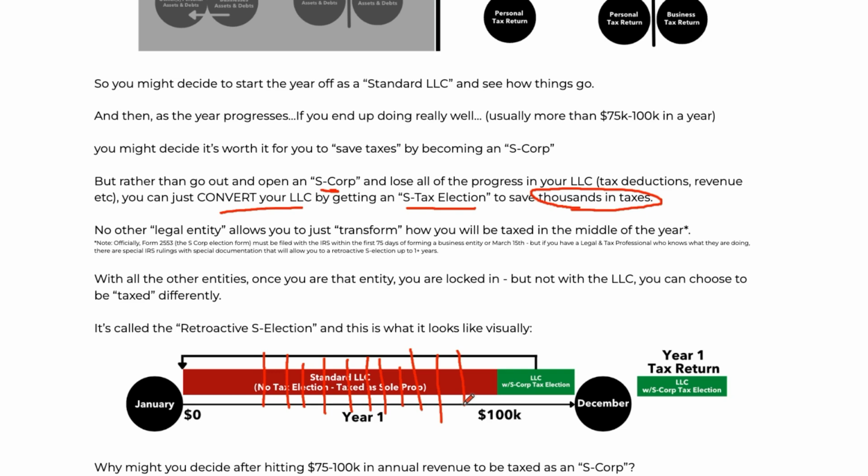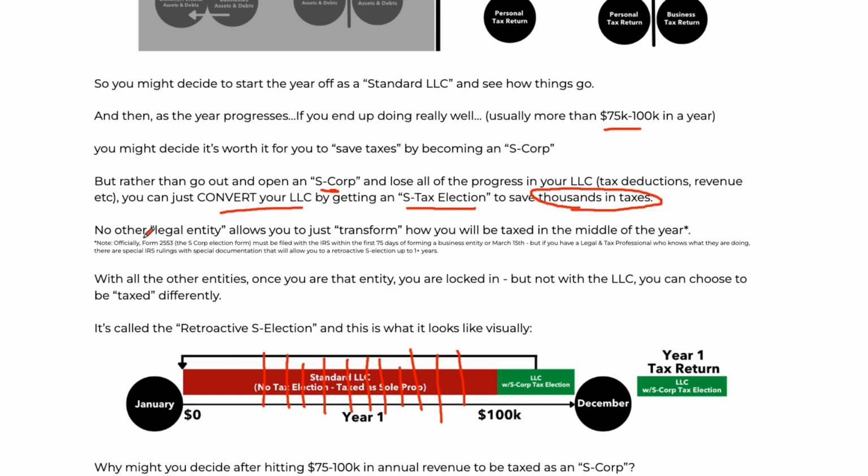And so some people are like, I got to learn how to save on taxes. And they're not even making any money yet. 30% of $10,000 is still not that much, right? And so that's the reason why they say typically 50, 75,000, 100,000, somewhere in that range, it now actually starts to become a significant amount of money that you would save on taxes that would offset the complexity, the additional fees, the additional tax return of actually doing the tax selection, okay?